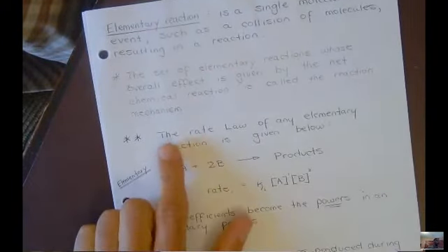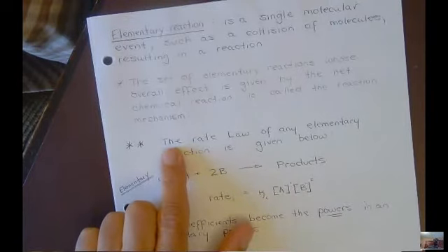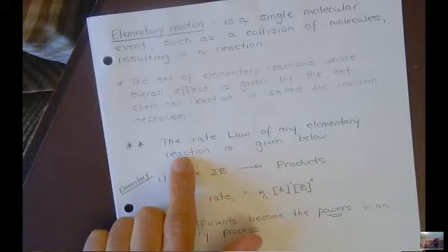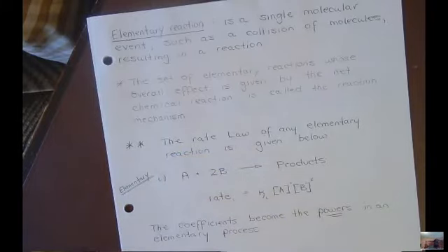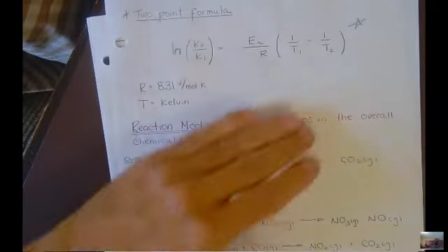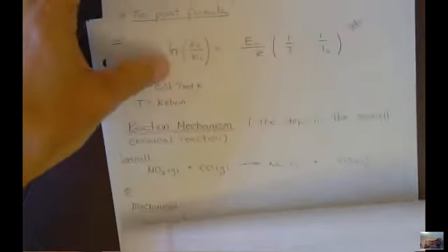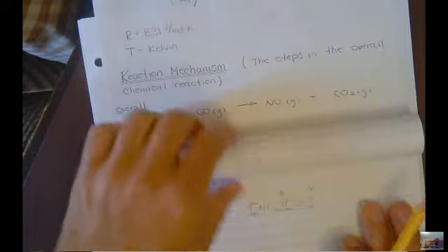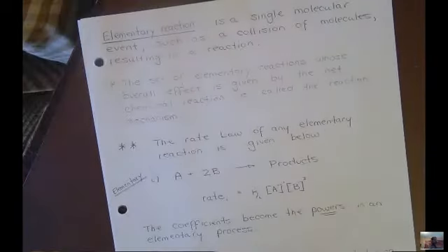Okay, now this is really what's new, okay? The rate law for any elementary reaction is given below. All you have to do when you know it's an elementary reaction, not an overall reaction. For an overall reaction, you have to go back and do the series of experiments to figure out how they reacted. You've got to go back and figure out what x and y is. That's if you don't know the mechanism. If you do know the mechanism,